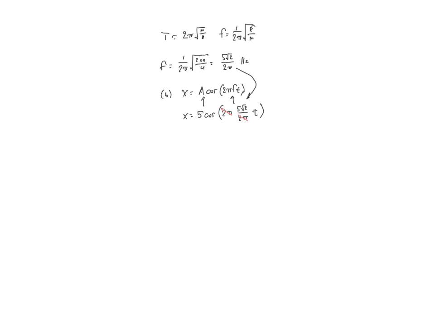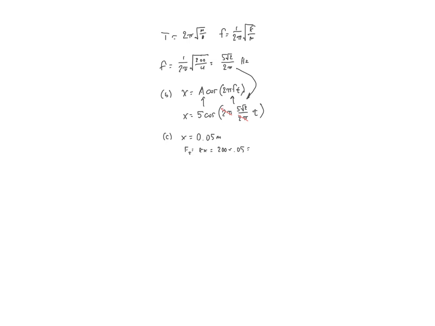For part C, we want to calculate the maximum acceleration the block can achieve. We know it reaches its maximum acceleration at the endpoints, because at the endpoints, that's where the spring is stretched the most. So the x is equal to, and this time I'm going to go ahead and write it in meters, 0.05 meters. And then from there, I can get the spring force, which is just the k times the x, and the k was 200. So we have 200